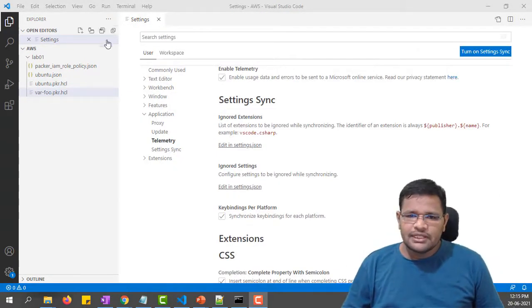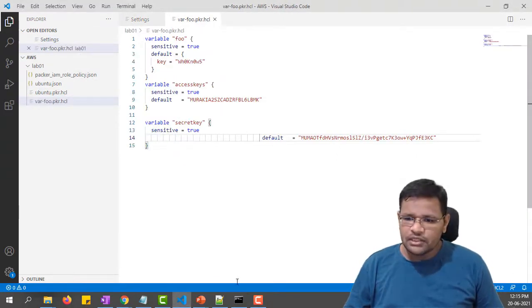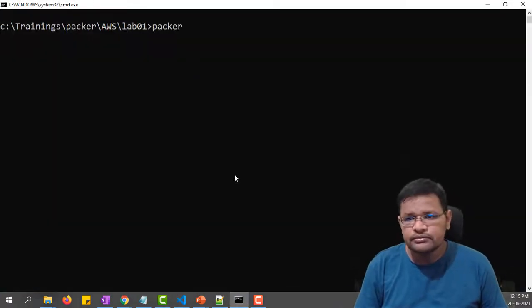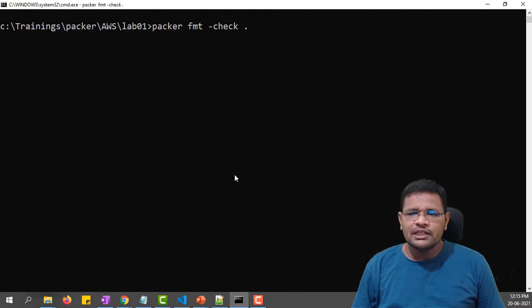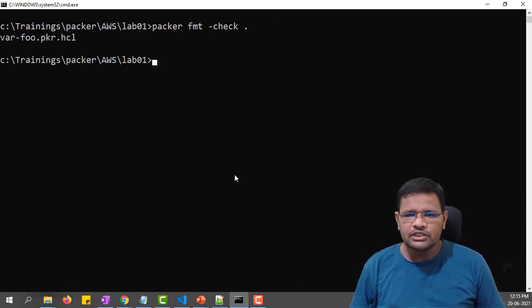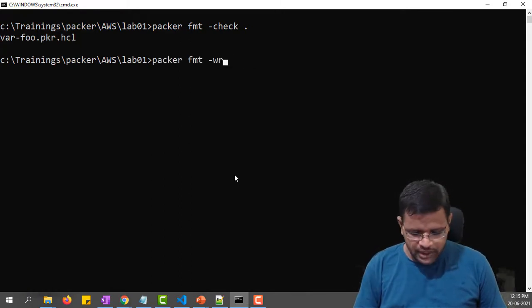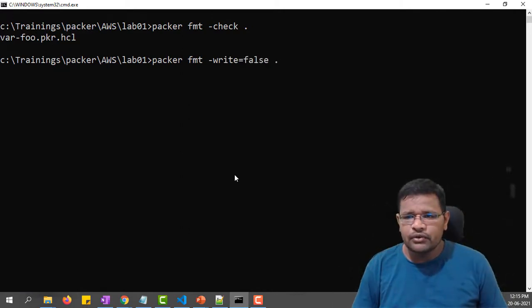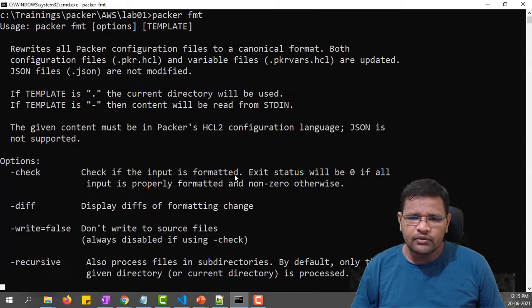So now let's change only one file now. So I have changed this file and check with the commands. Let me save this file and let's go to packer format -check. I don't want to write to the file, but I want to check whether the file is, yeah, it's showing only one file that needs to be formatted. So same thing, we can run one more command, which is -write=false, which means it won't write to the file, so it will just check and it will give the same output. So that is how we'll have to run the format command. So I'm just entering again.